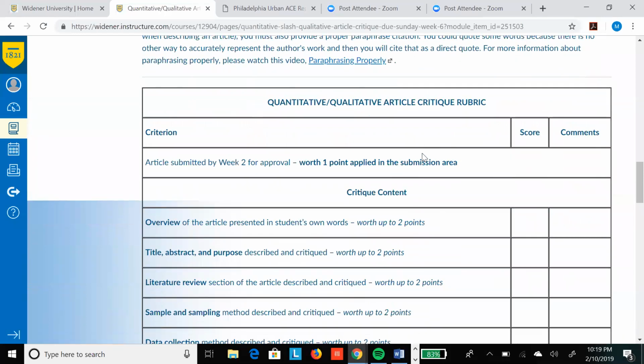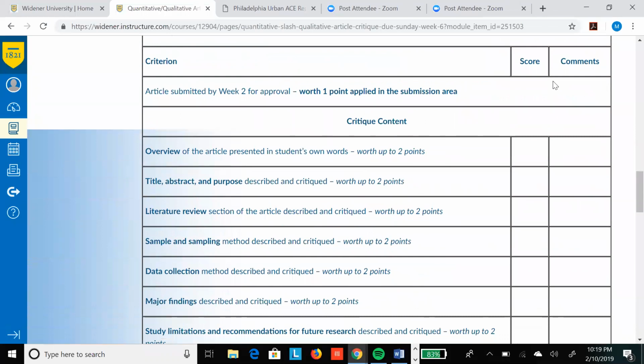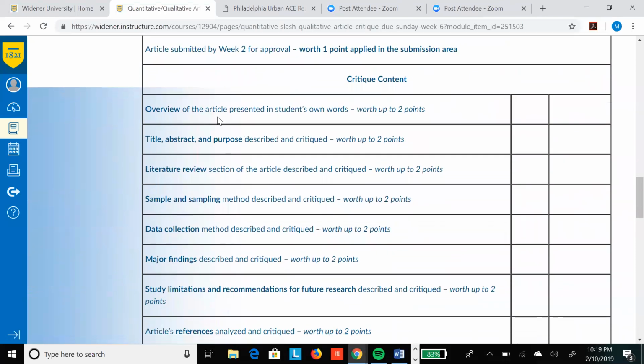So moving on to the rubric and what you're actually going to be doing in this critique. You can all give yourselves 1 point off the bat because you've already submitted the article. You are going to first provide an overview of the article in your own words. That's worth up to 2 points. You are going to describe the title, abstract, and purpose of the article and then critique that, again, applying the